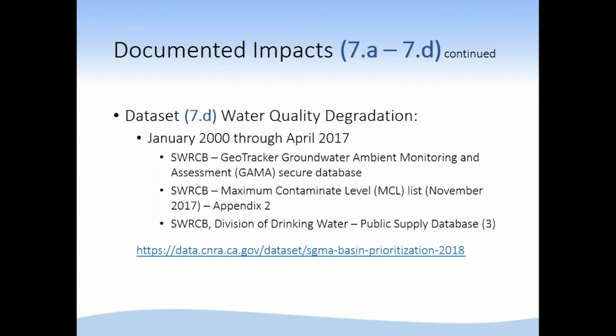We had one earlier, and then we had to update it in November 2017 because our original data set also included chromium-6, but that has since been ruled in court to be not valid, so we had to back that out and use an updated version. It's also included in a document that we produced as Appendix 2, and it includes both primary and secondary MCL values. And then we also used the public supply well data set that we received, which was used in Component 3.